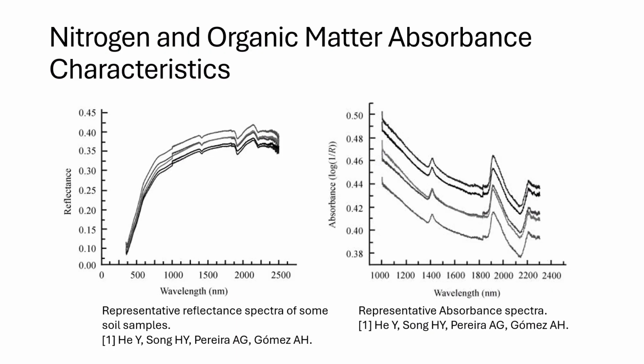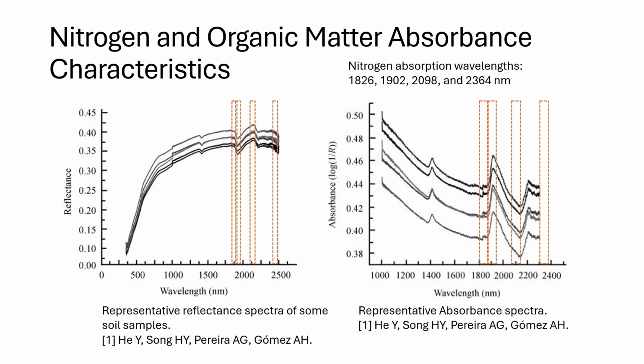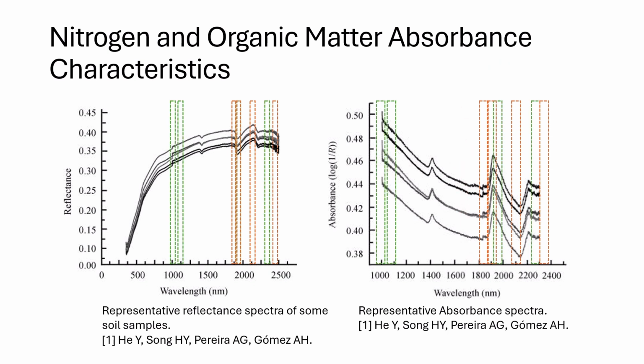In the first paper, the reflectance spectra of a sample of soil, as well as its corresponding absorbance spectra, were both shown and analyzed. There are particular organic matter absorption wavelengths, as seen in these images, that show up in both the reflectance spectra and its derived absorbance spectra. This holds true for nitrogen as well. There are particular peaks that correspond to nitrogen concentrations in soil that can be seen in the absorbance spectra. These key wavelengths allow us to determine the quantity of nitrogen and organic material that is present in the soil